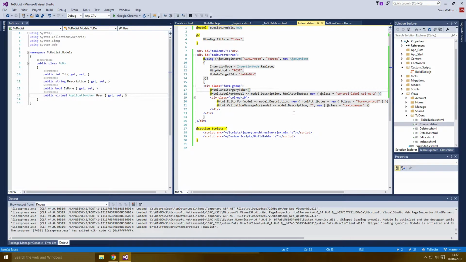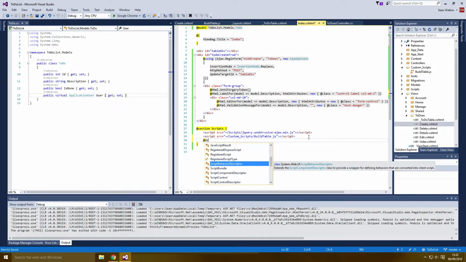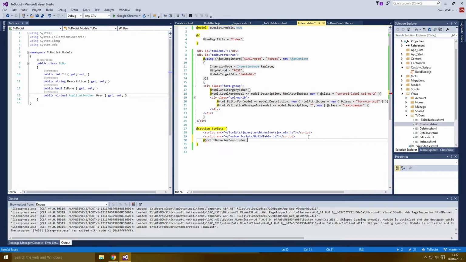The other thing I'm going to enable is I'm going to load the validations, the client-side validation. Scripts.render, and then it is bundles, jQuery val. What that is going to do is load all the scripts you need for validation with jQuery, and that means